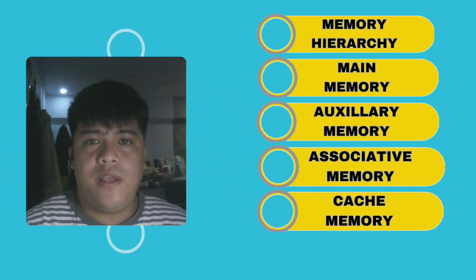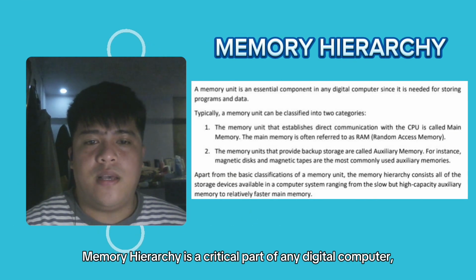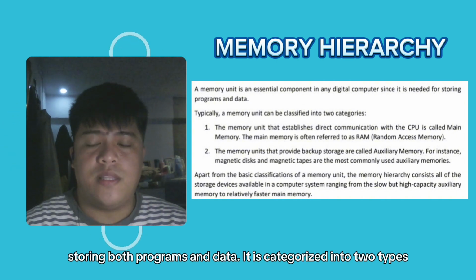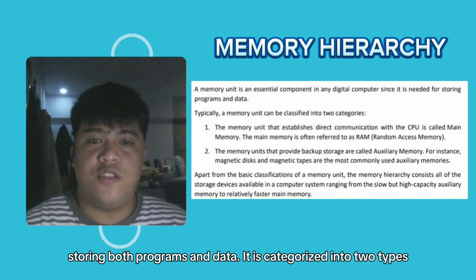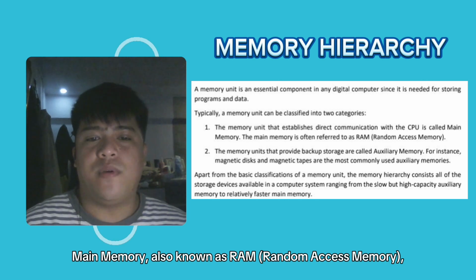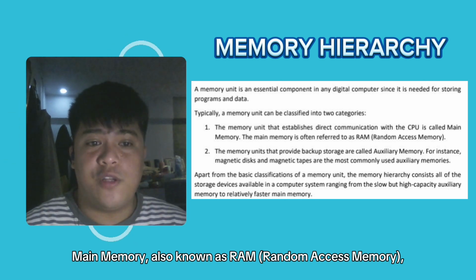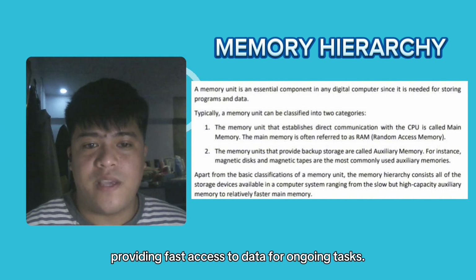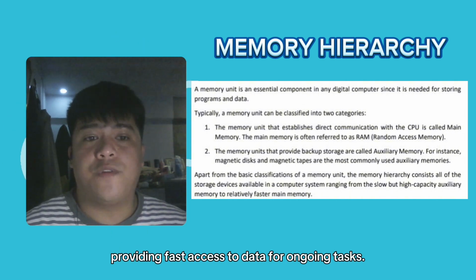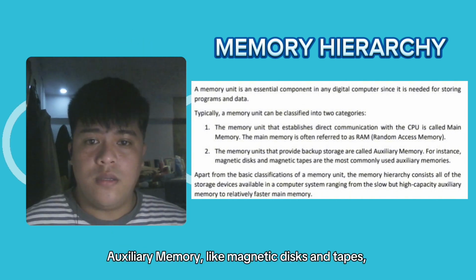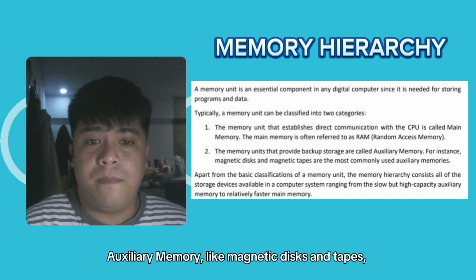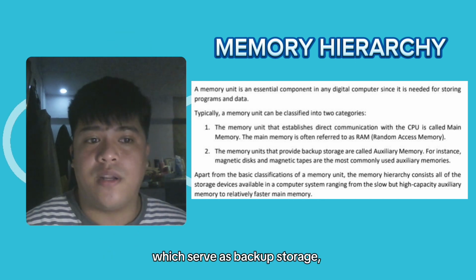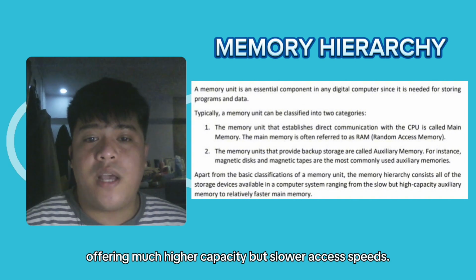Memory hierarchy is a critical part of any digital computer, storing both programs and data. It is categorized into two types. Main memory, also known as RAM or random access memory, which directly communicates with the CPU, providing fast access to data for ongoing tasks. Auxiliary memory, like magnetic disks and tapes, which serve as backup storage, offering much higher capacity